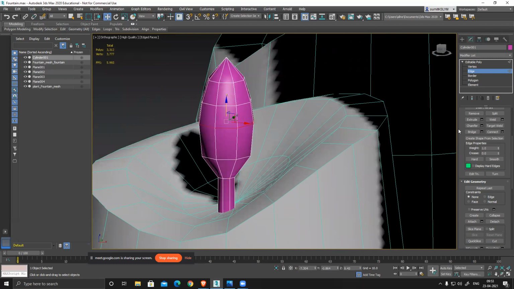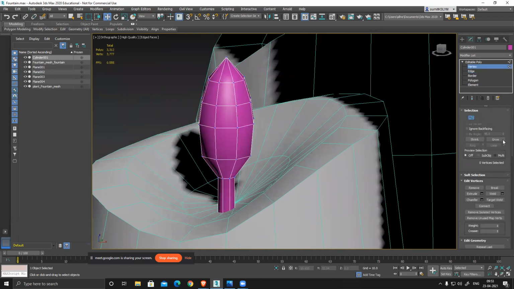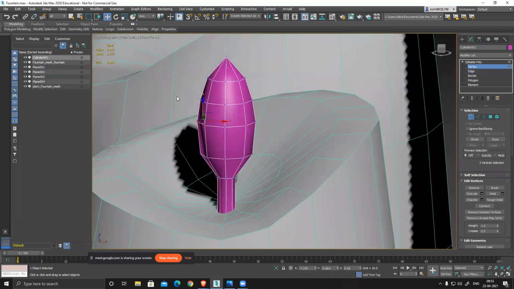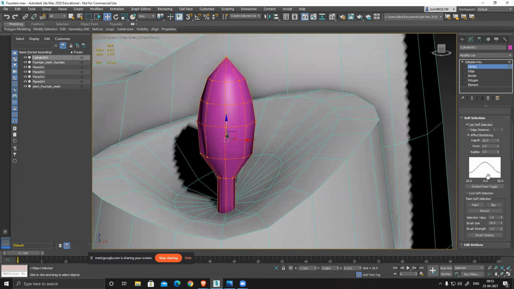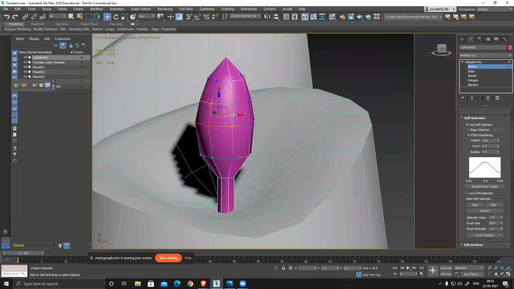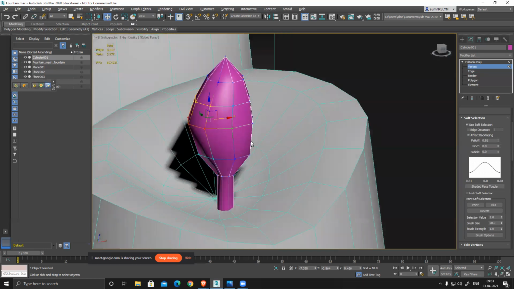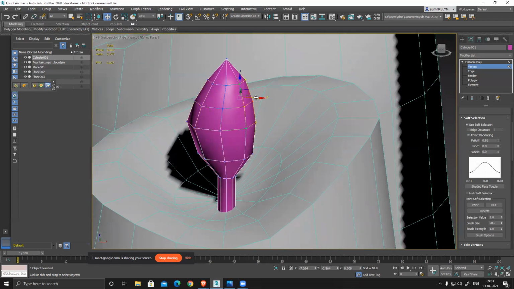And if you want to modify things, yes, I can definitely do it. If I don't want the flame to look symmetrical, like this bud kind of thing, I can go and select a few vertices, switch on soft selection, and adjust the falloff. So basically if I modify these vertices, it will affect all those green and yellow sections as well. It will give me a little more realistic feel to my flame.